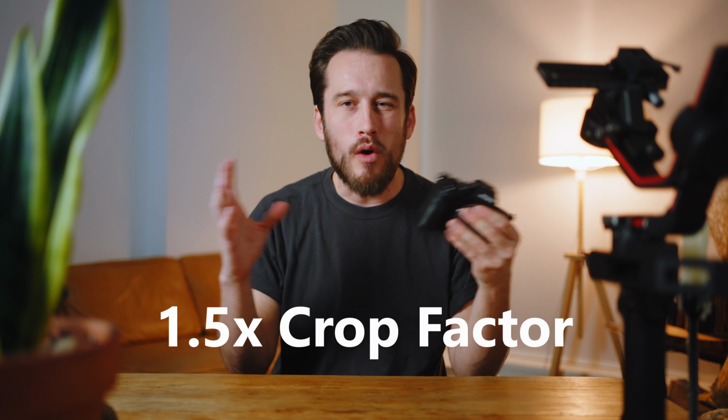So switching between 30 frames per second to 60 frames per second has a 1.5 times crop factor. It's irritating. It's not a game changer. It's not something that would make me say, I don't want to use this camera, but it is really irritating, and it's something you have to suck up, I guess, if you want to use this camera,